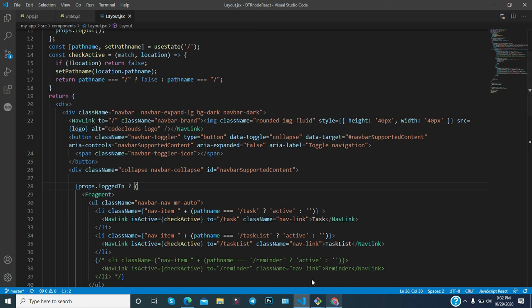If you click here the NavLink, then it will go to the root domain, in this case localhost 3000. And if you host it on some other domain, then it will go to that domain name, because the NavLink works something like that. What is a NavLink? Let's talk about these things.